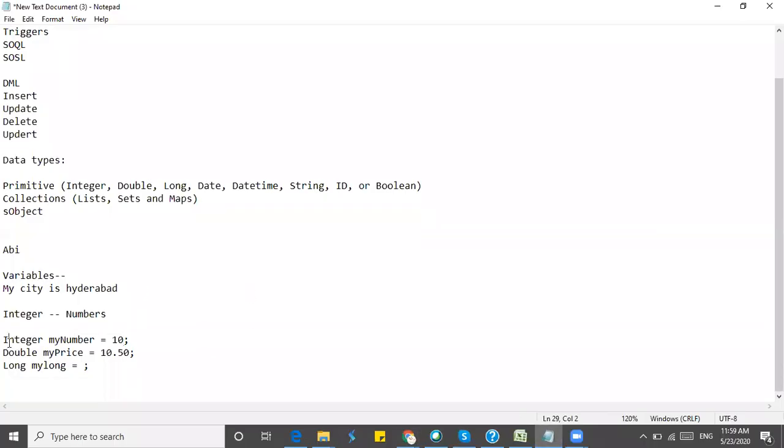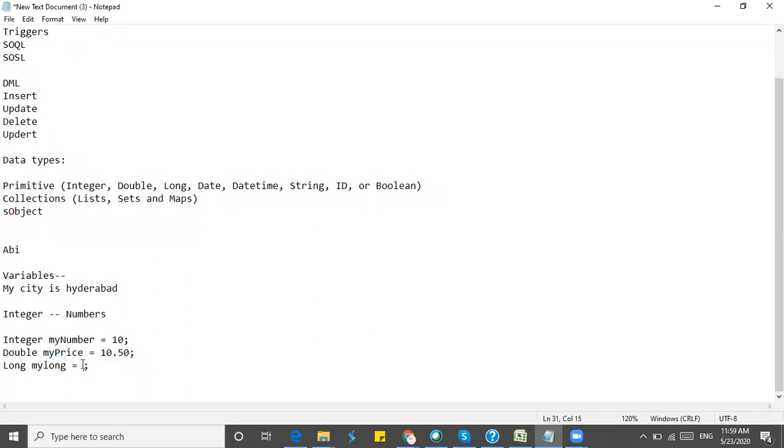It can accept around 12,000 digits. If there are more than that, the integer will not accept that number. So if there are more than 12,000 digits, then we need to go to the long data type.